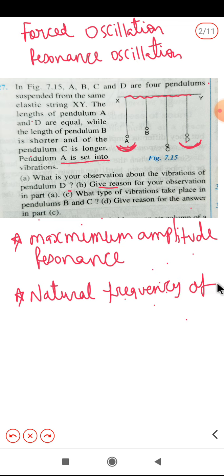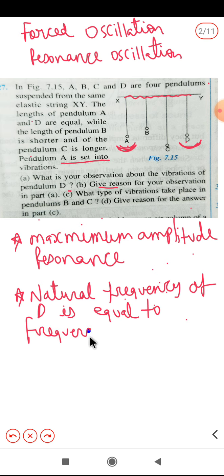of D is equal to frequency of pendulum A, which is driving force, frequency of pendulum A. ठीक है. So, ये driving force है because A was oscillating initially. तो इसका जो फ्रिक्वेंसी है D के इक्वल है, that's why maximum energy transfer will take place and D will